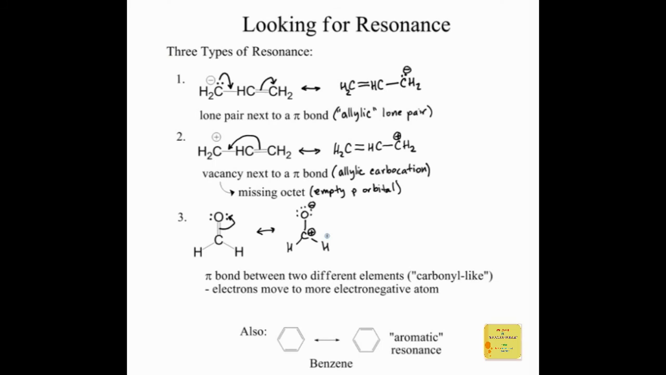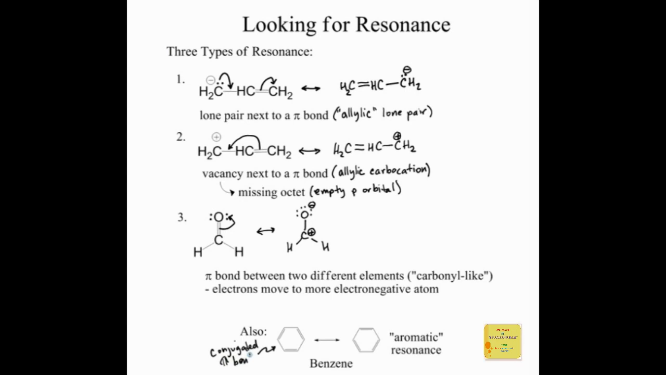Okay, now these are 3 patterns to look for in molecules to anticipate resonance. There's another kind of resonance that exists, and this is something that we'll talk about a bit down the road. And it's looking at molecules such as benzene. Benzene is the molecule that has a 6-membered ring with 3 alternating pi bonds. We call these conjugated pi bonds